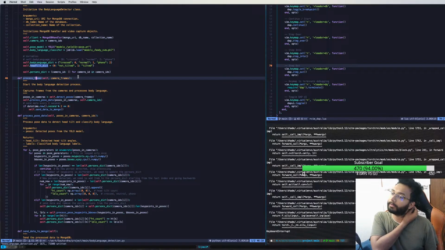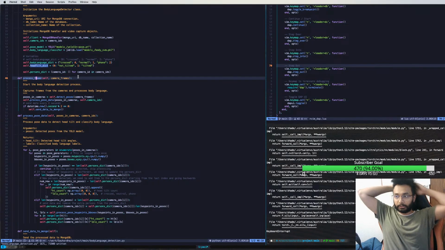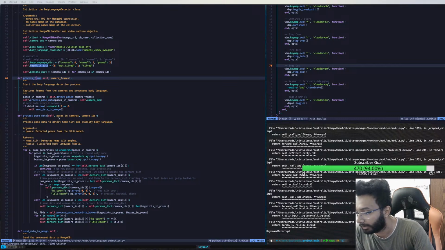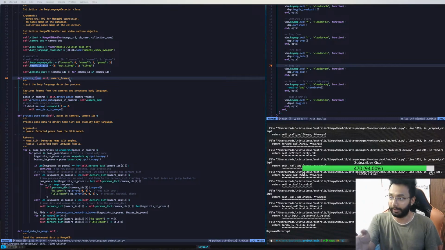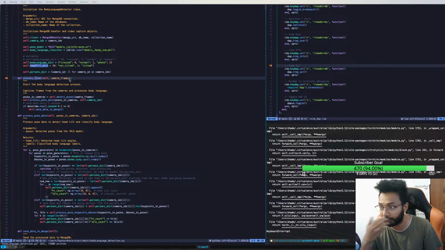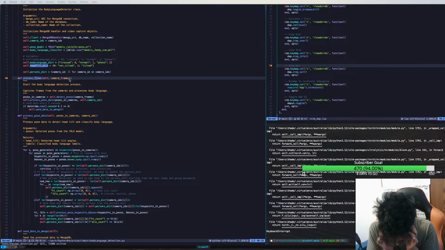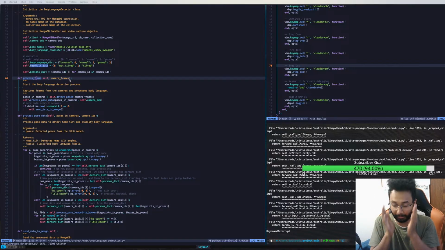The process frames. I see the problem. The process frames is being called by the pipeline method back in the pipeline.py. Yes, so that is calling the process frame. So when the process frame method is being called by the pipeline function, it comes here